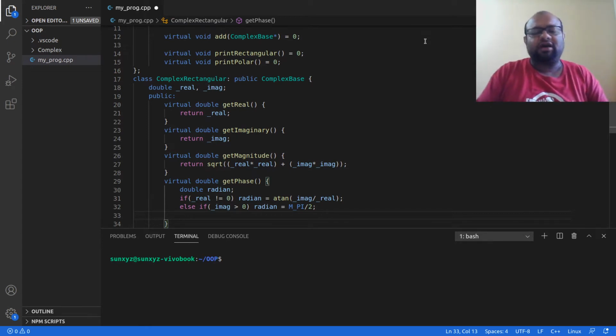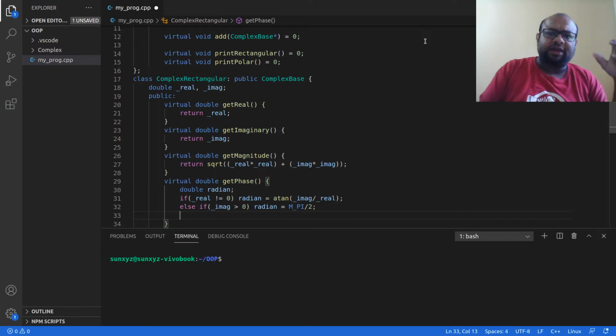I am trying to get this angle. If the real part of my complex number is not equal to 0, then the angle is equal to tan inverse of imaginary by real. If the real part is 0, then I look at whether the imaginary part is greater than 0.